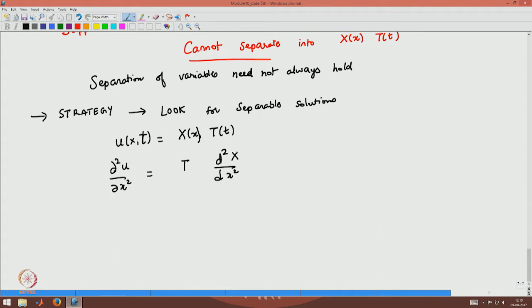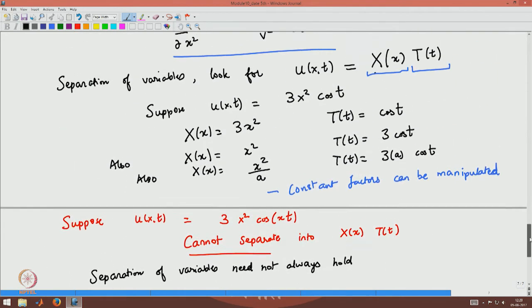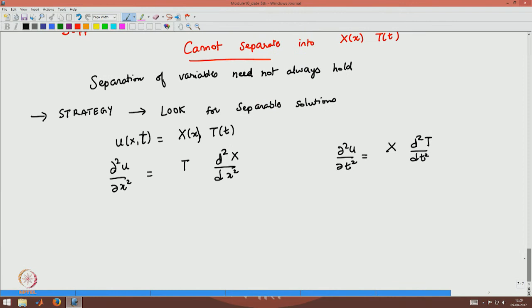X is notice that X depends only on x, so it is an ordinary derivative, and T depends only on t, so we will just take it out. And similarly ∂²u/∂t² is equal to X d²T/dt². And when you substitute these in the wave equation, what you get is